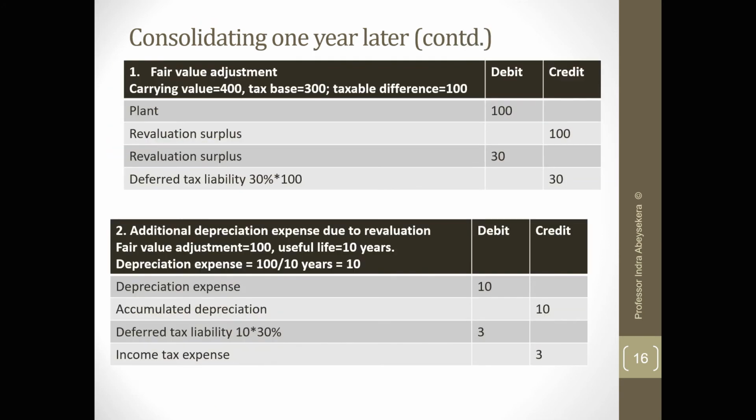So the first step, fair value adjustment, debit plant, credit revaluation surplus 100. The tax effect of that is now the carrying value is greater. Credit deferred tax liability 30, debit revaluation surplus 30. This happened a year ago, so which means we have to now